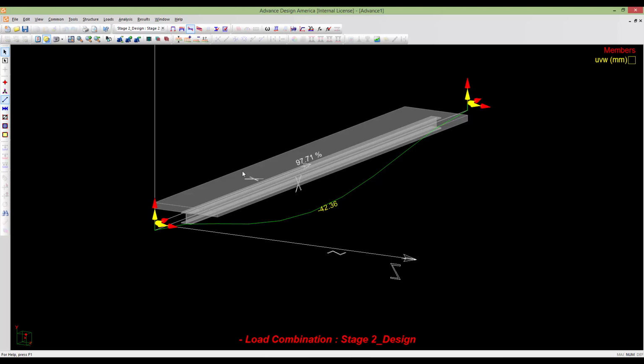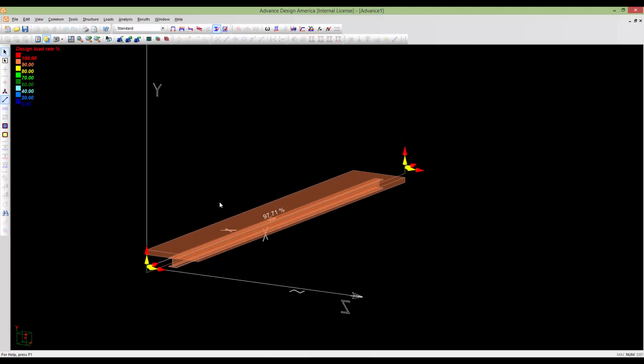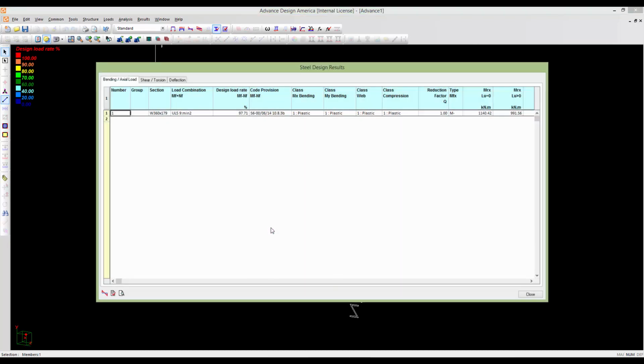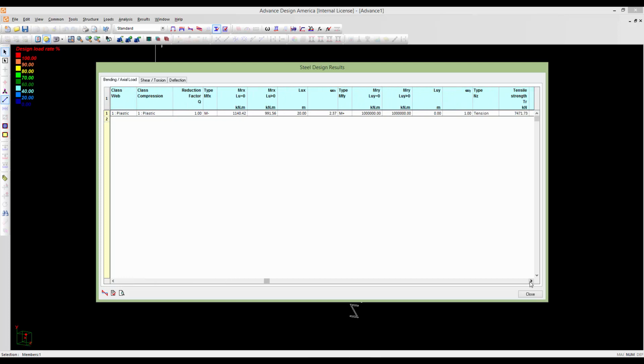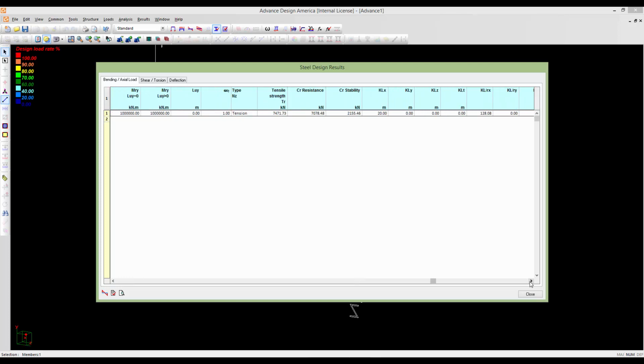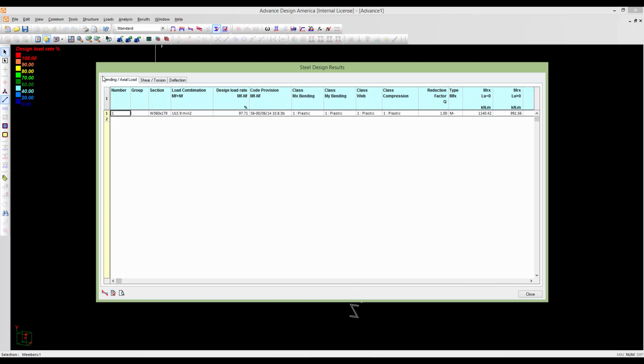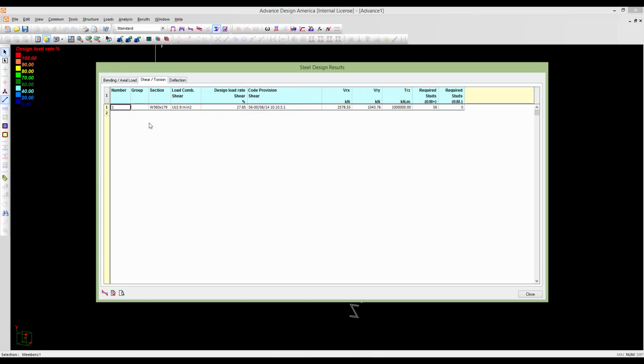To check the detailed design results, still design results, we can go to this icon here and double click. So here, as you see, I have the detailed design results for this composite beam. The values automatically calculated with ADA for bending and axial load design, and also for shear and torsion. And here I have the required number of studs for my beam. It's 56